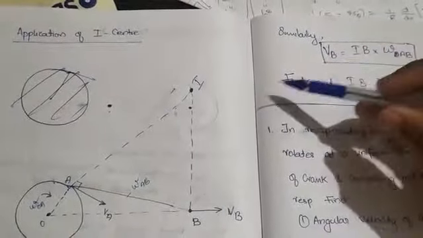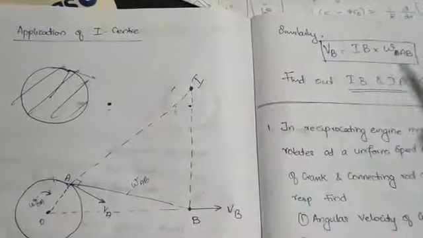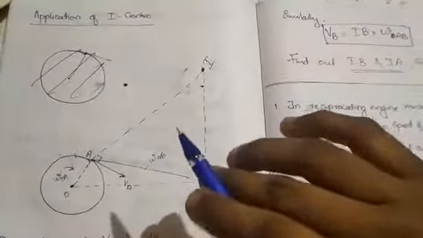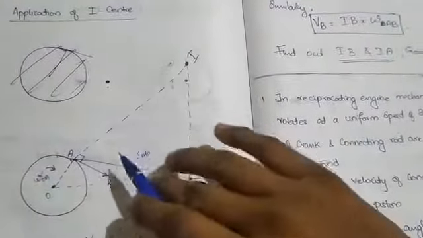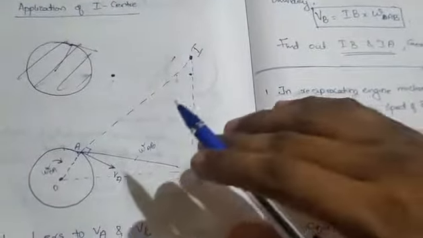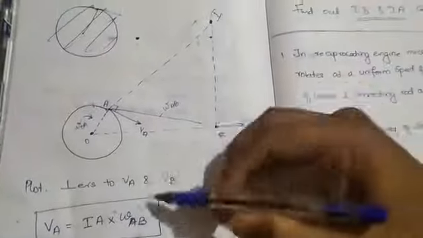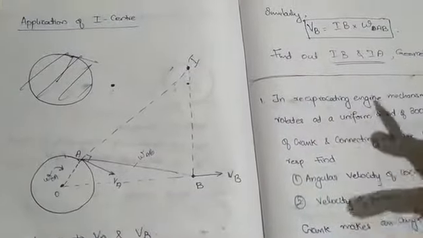By finding all these things, you can find the velocities at these points. We'll do a problem regarding this in our next lecture. Just understand the concept. Go through the animation which I will send you, and then you will understand this concept. This is a very important problem that we are going to discuss.